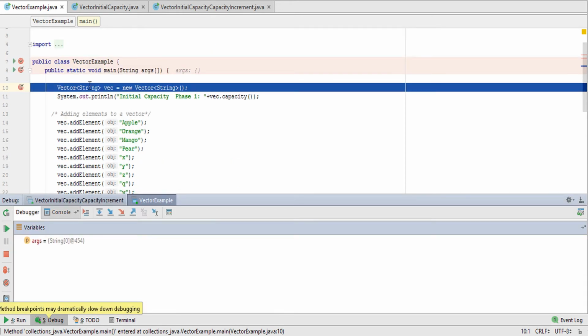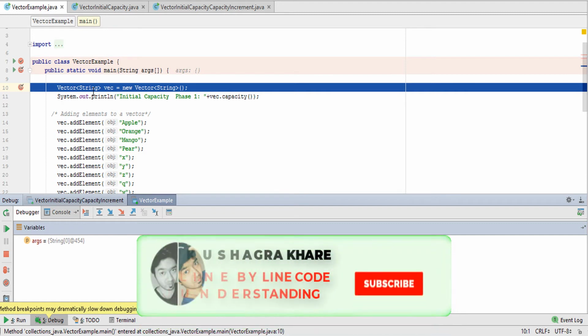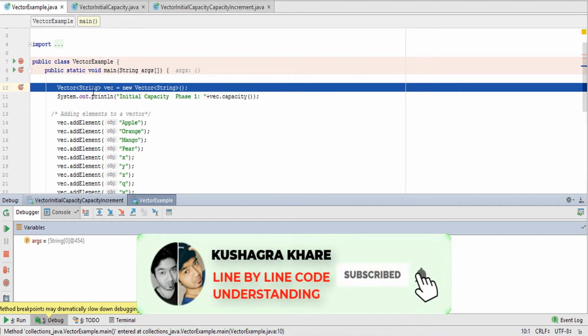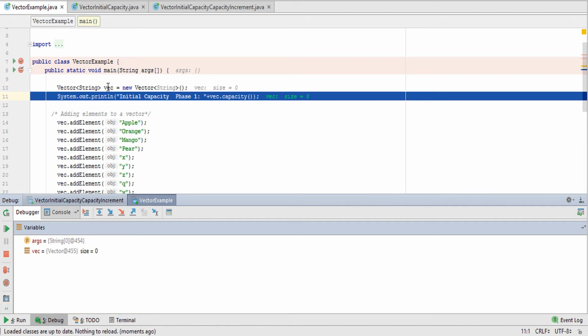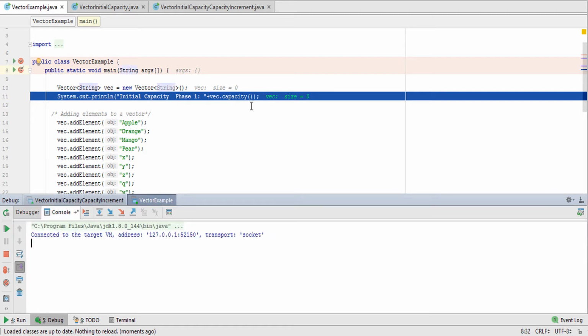First of all, the computer is at the line for the creation of the vector: Vector string vec equals new Vector string. So first of all, let's create the vector. The vector has been created with the size 0. Let's see the capacity.